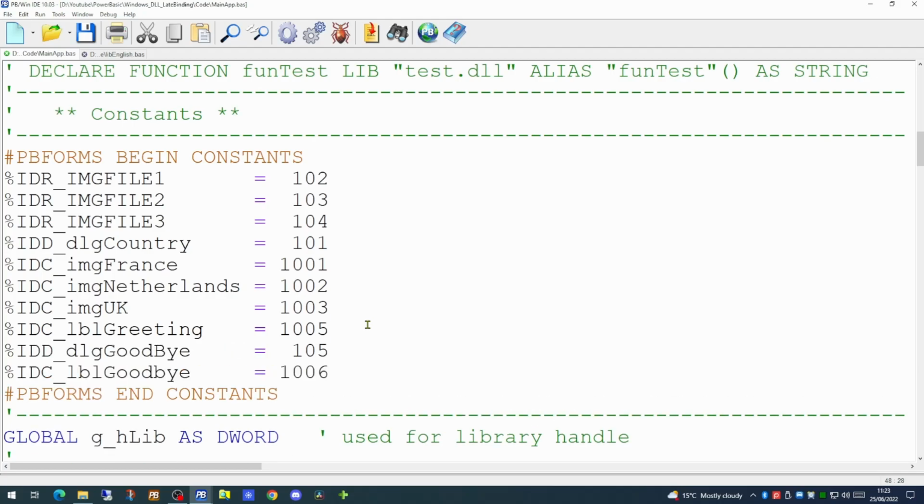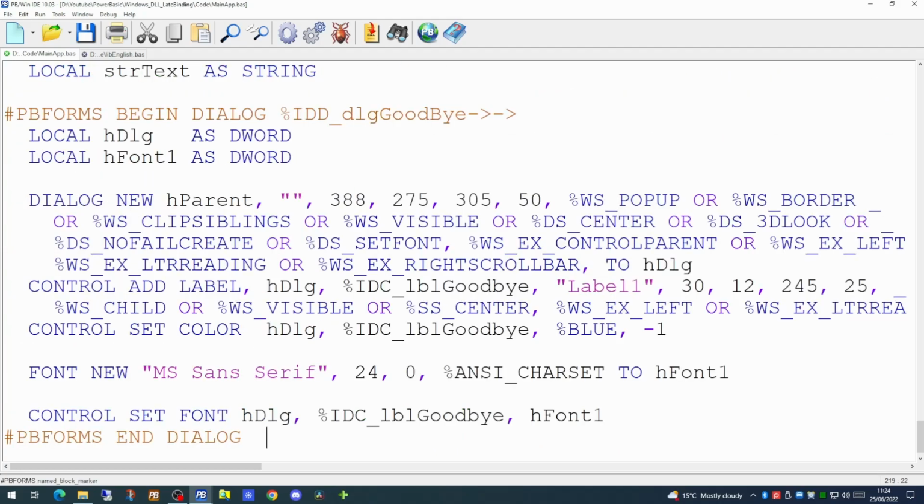This is going to be a very simple modeless dialog. It will only have one label control on the dialog itself, and this will contain our goodbye message in whatever language the user has actually selected. As this is going to be a modeless dialog, there will be no event handler for it. So we merely have to display the dialog on screen.